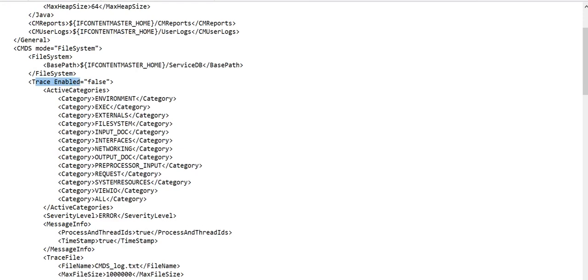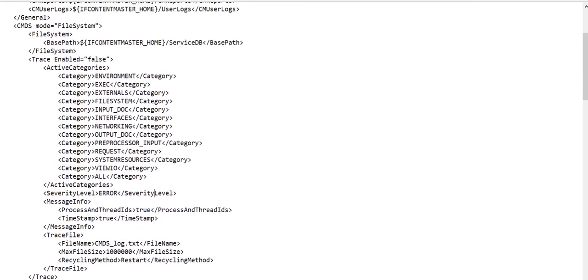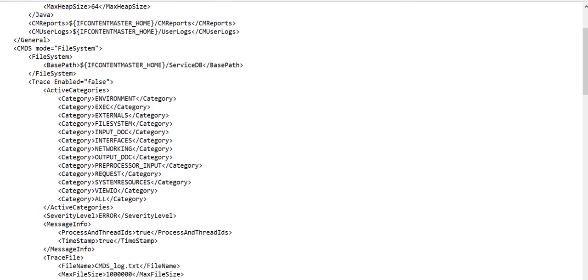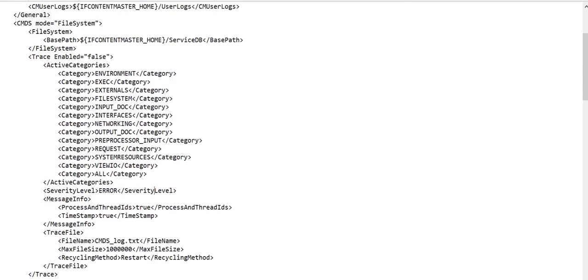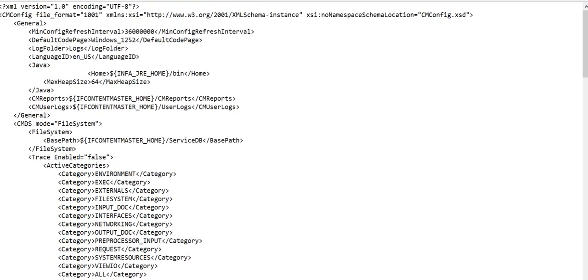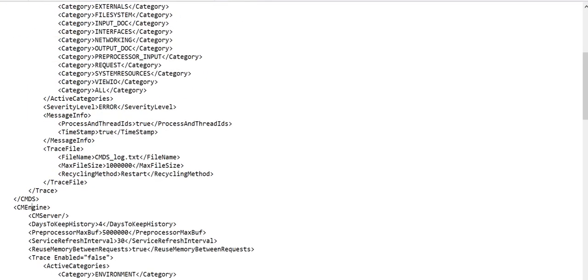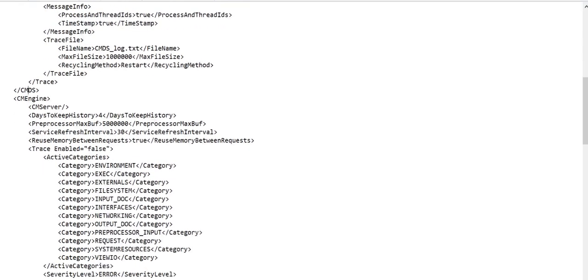See, trace enabled equal to false, then security level. So I will show you the things to be changed, and there is a very shortcut way we can do the changes, just to make sure that we are not doing any manual mistakes. So we have actually four portions. If you see it properly, trace enabled false is there, then we have CMDS, we have CM engine.